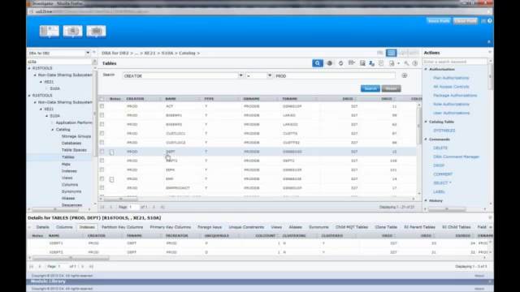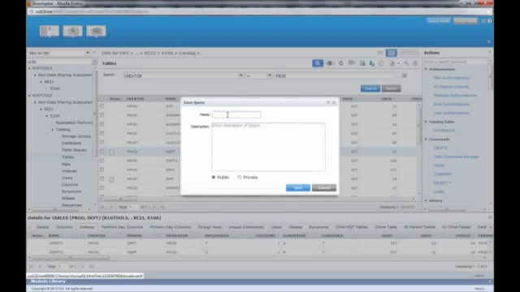Some of the other nice things I can do here is, number one, I created this filter. I may want to reuse this filter at a future time. I don't want to have to come in and constantly be typing in my filter to get to the information that I use on a daily basis. So what I can do is come up here and say I want to save this query,